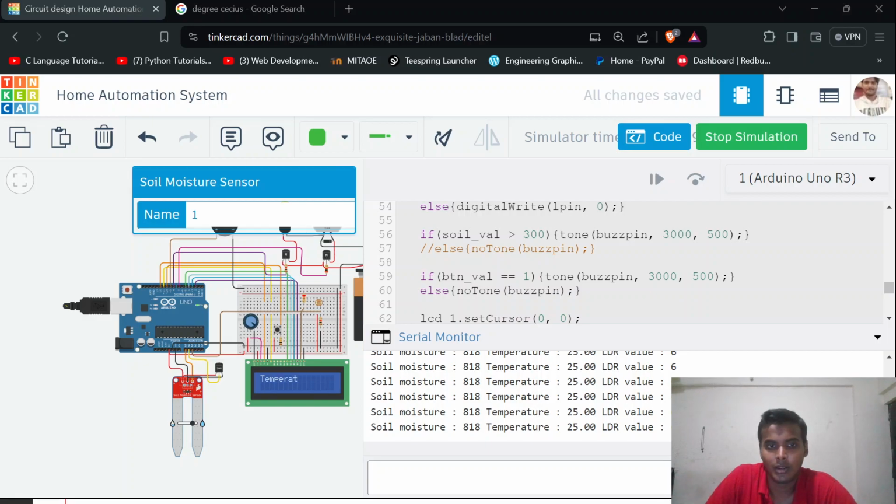I don't know how annoying it is, but I will reduce the sound a bit more. Using the button I am able to control the buzzer, okay, but using the